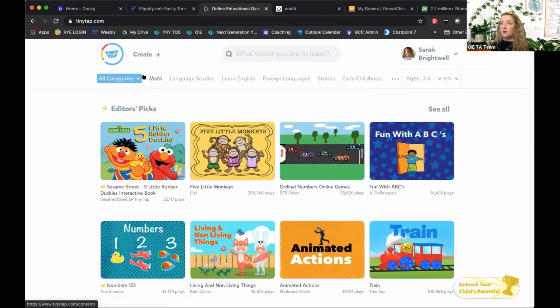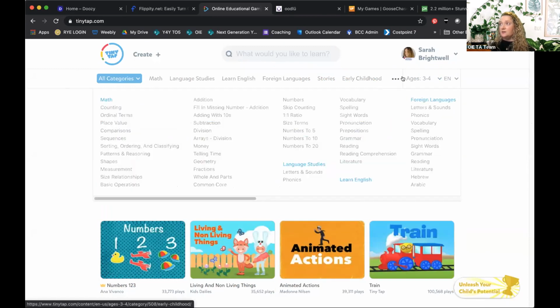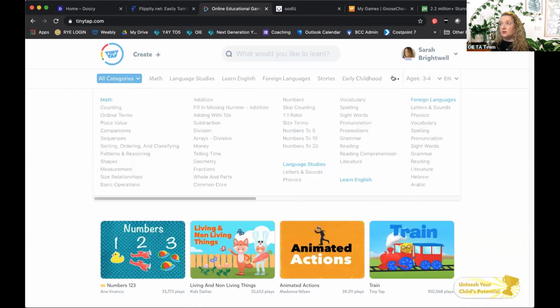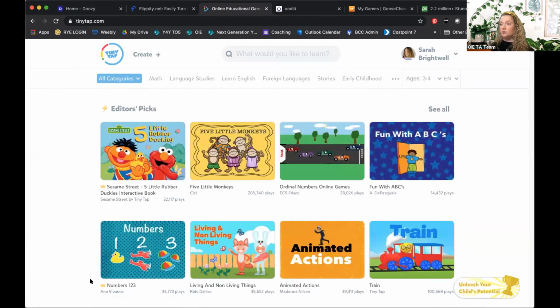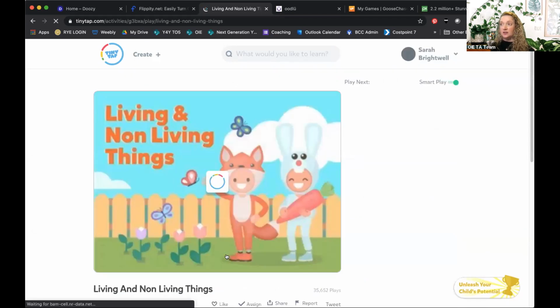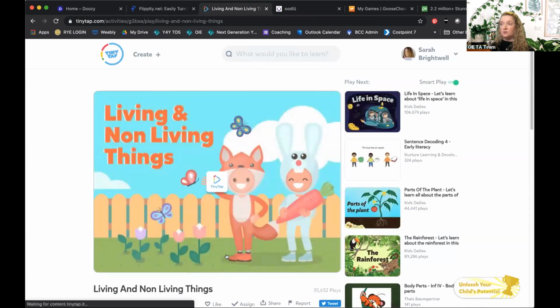You can also, across the top, they have various categories. You can see stories, early childhood, but if you click over those three dots, here's all the different things that they have as far as categories. So you can see there's a lot of different options of existing pieces, but just to show you what it looks like, let's look at living and non-living things. So once it loads,